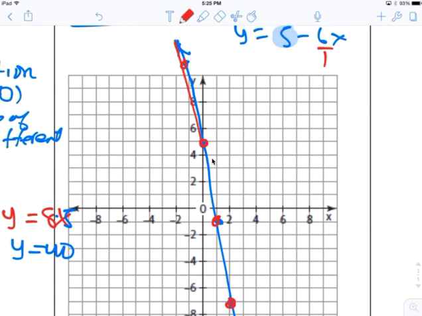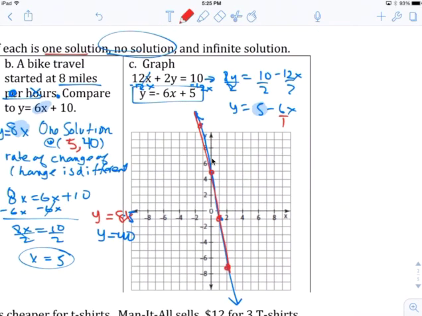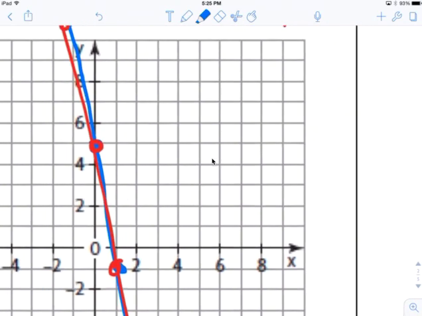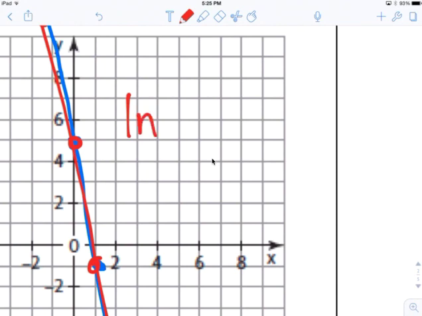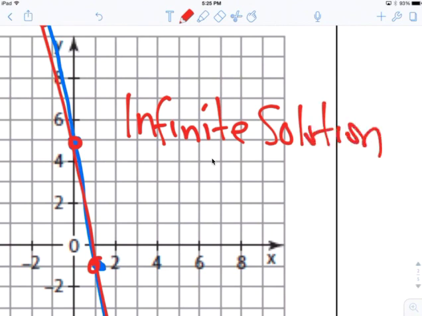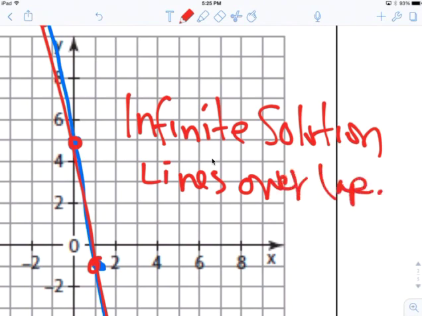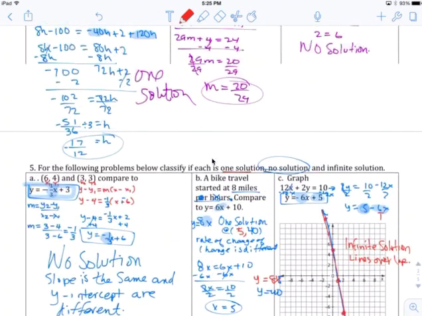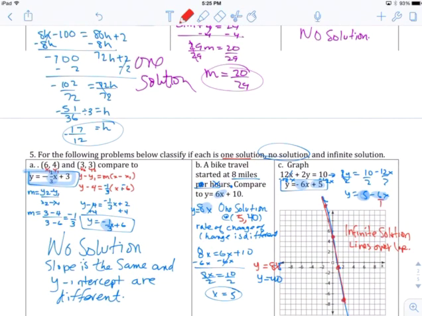So this is called infinite solution when the lines are overlapping. Notice the rate of change is the same, and the y-intercept is also the same. This is called infinite solution. The lines overlap. Okay. All right, I'm going to save this and then continue working on the other so it doesn't